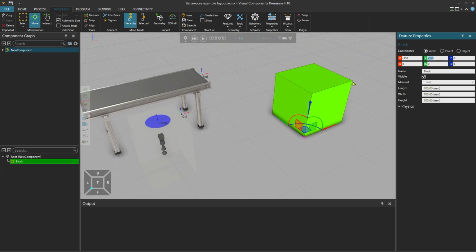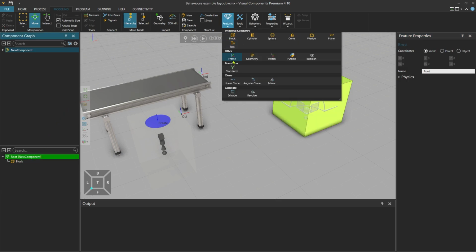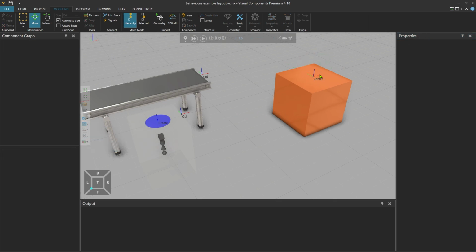And next, let's create some frames. To add a frame, select the root from the feature tree on the left, then select Features and click Frame. Change the name of the frame to Center 1, and move the frame using the coordinates to the top of the block by changing the z-axis value to 700, the height of the box. If the new frame is not visible, enable frame visibility using frame types from the 3D World toolbar and toggle the visibility on. After the first frame is created, let's create 3 more frames.